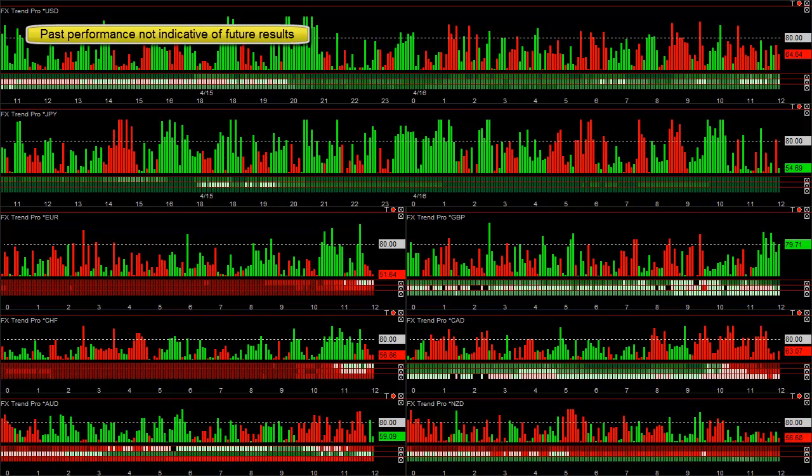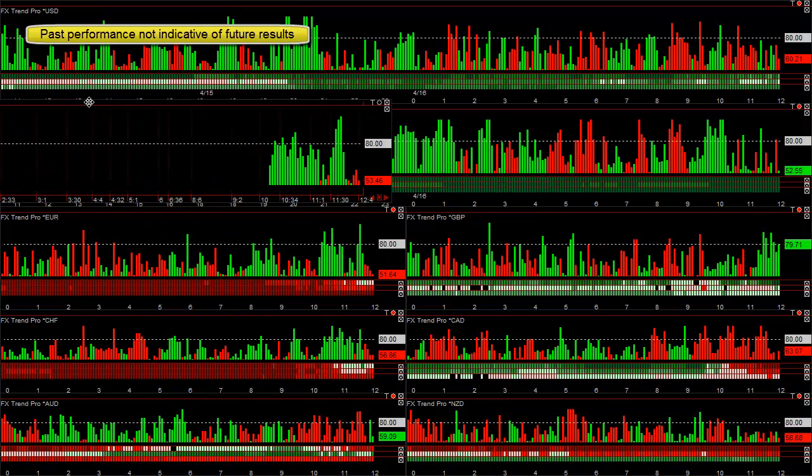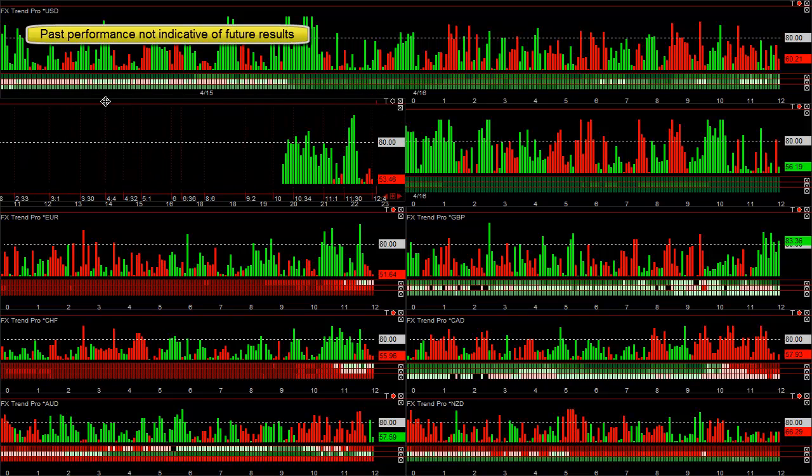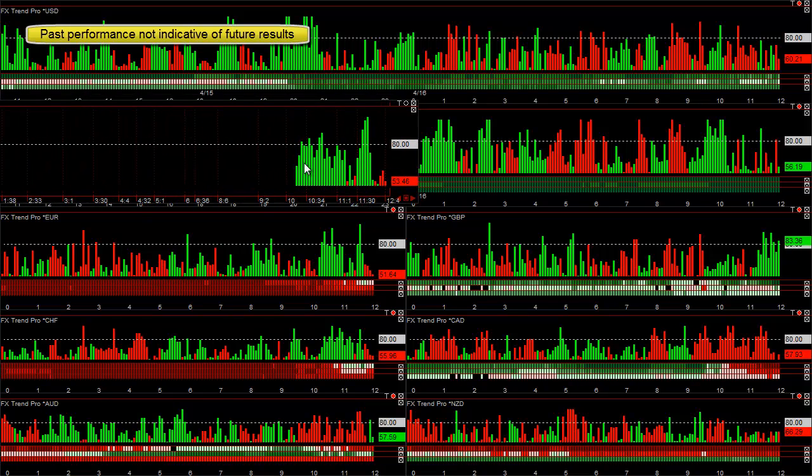So let me give you an idea here of the euro. You can see that when the euro is really moving around a lot, there's a lot more bars. And the nice thing about range bars is they tend to close the majority of the bars at either the high of the bar or the low of the bar. So usually the peak value of these will be at the high or the low. It's pretty clear here that you want to be buying the euro, and right now it's experiencing very little